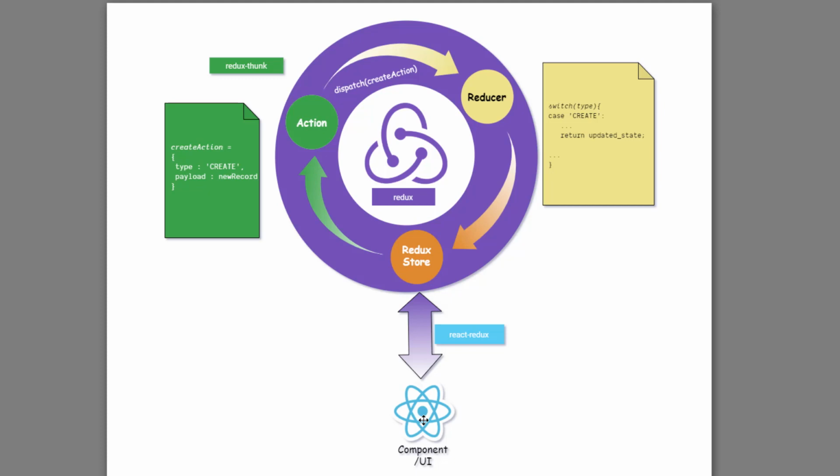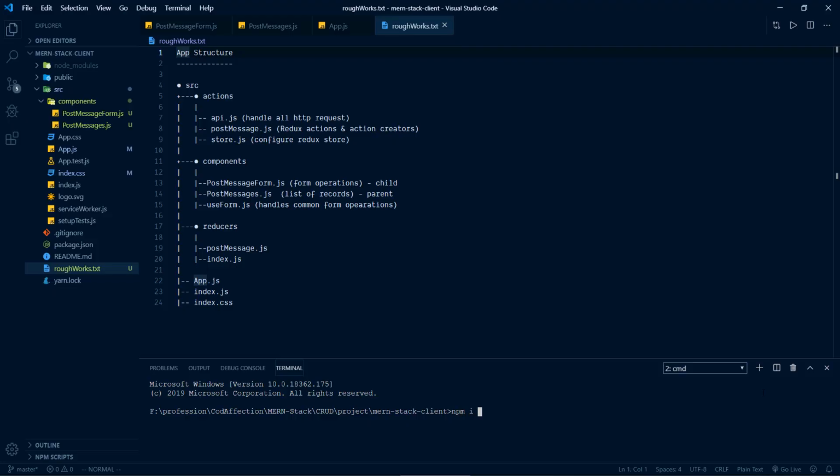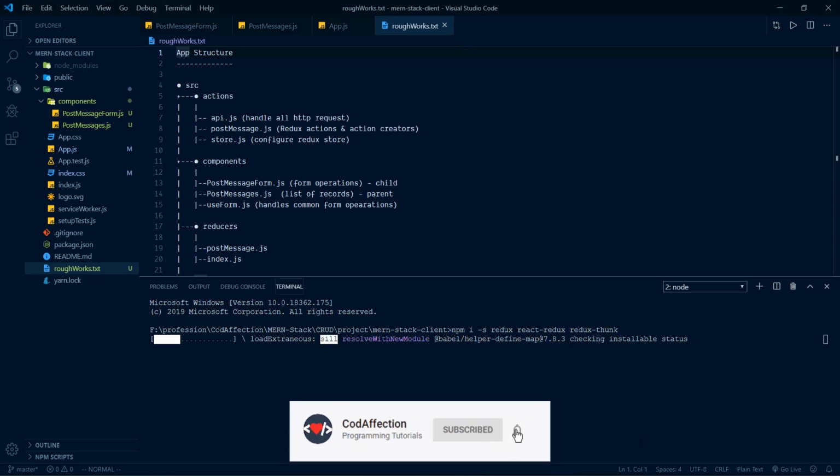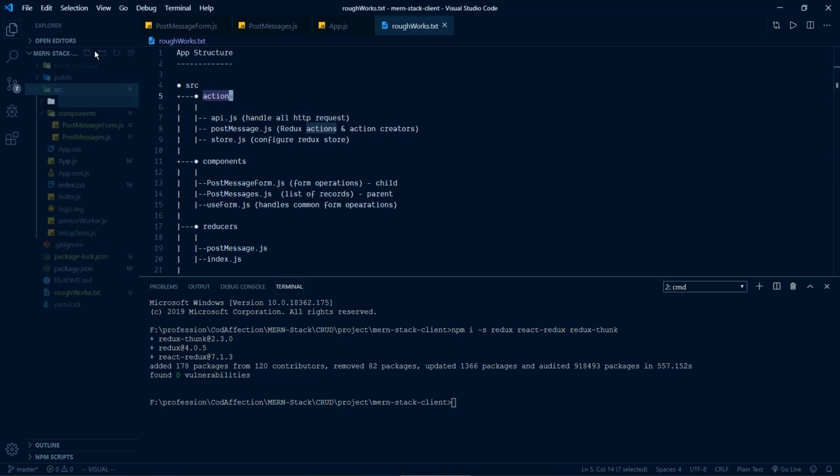Now let's install these 3 packages. npm i for install, s for save, Redux, React Redux, and Redux Thunk. Once you complete this installation, let's create the Redux Store inside this actions folder. So first of all, let me create a folder, actions. Inside that we have a file,